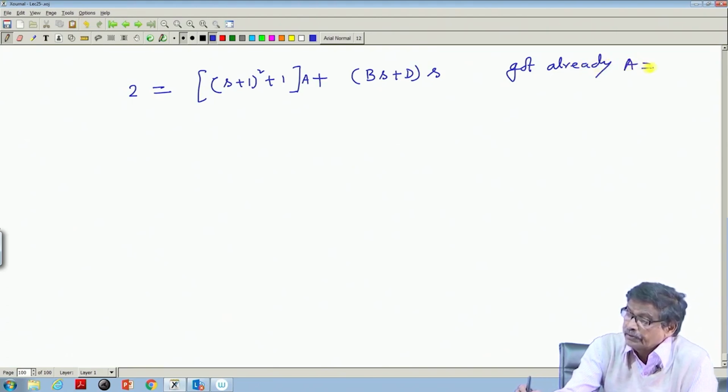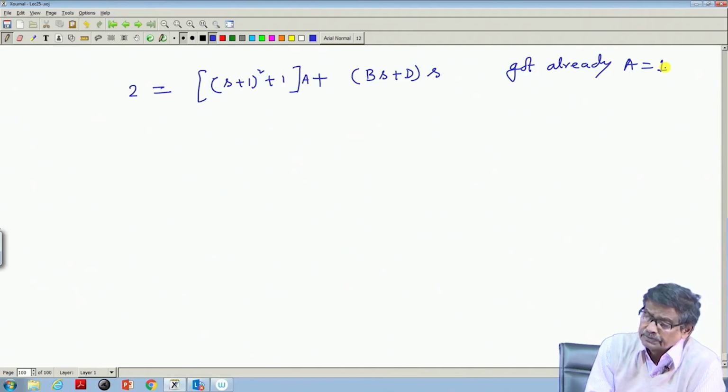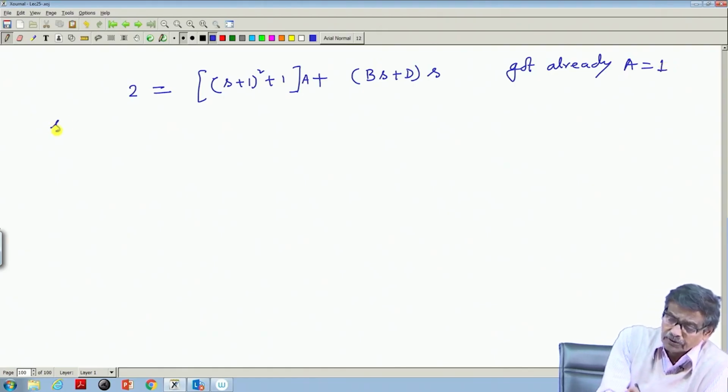So now I have to put some values of S, suitable values of S, any values you decide. Say I will put S equal to plus 1 on both sides,